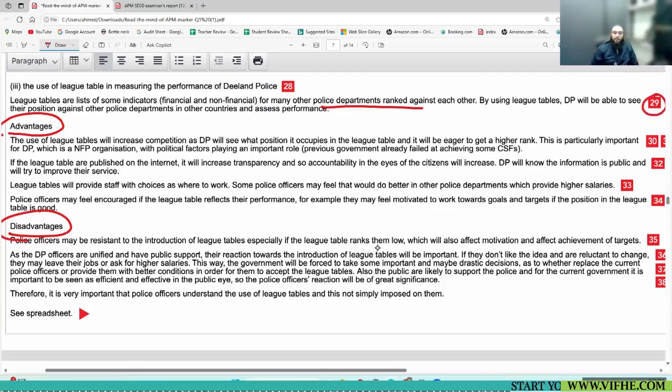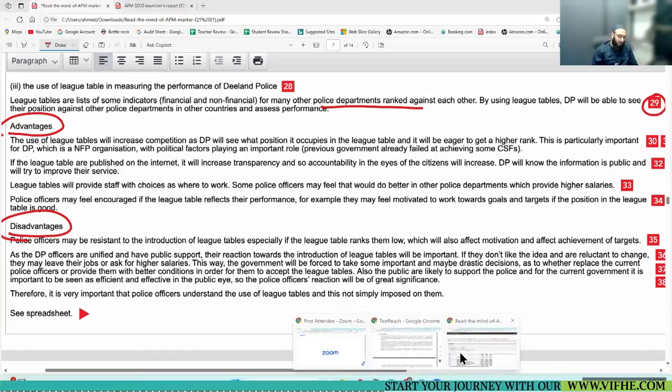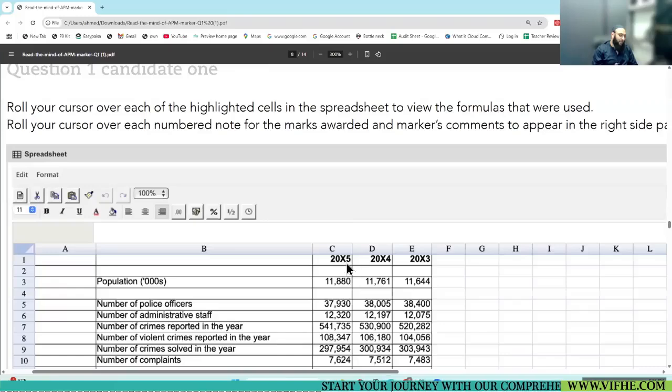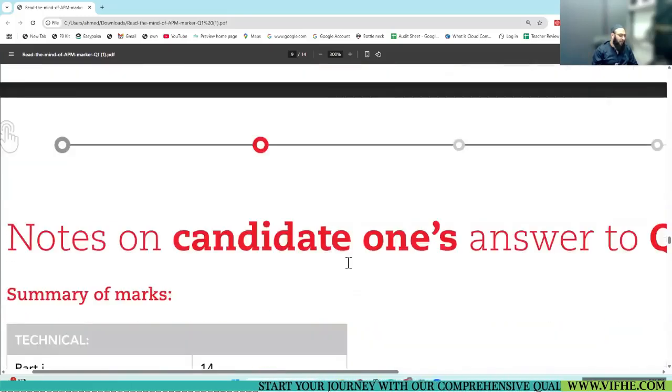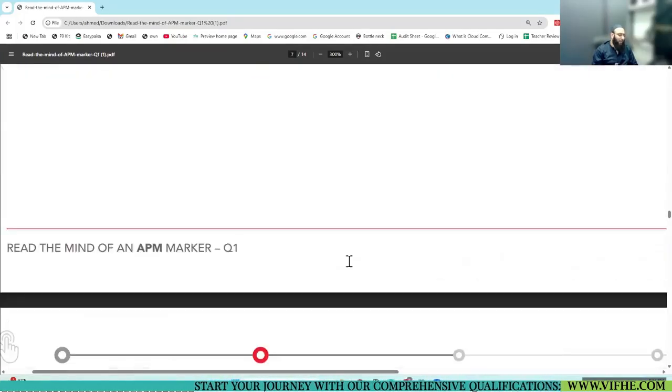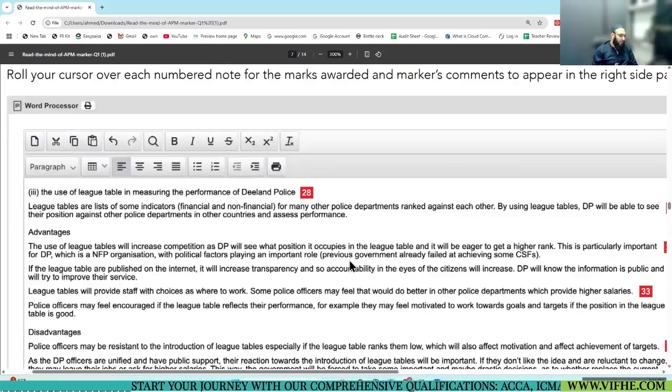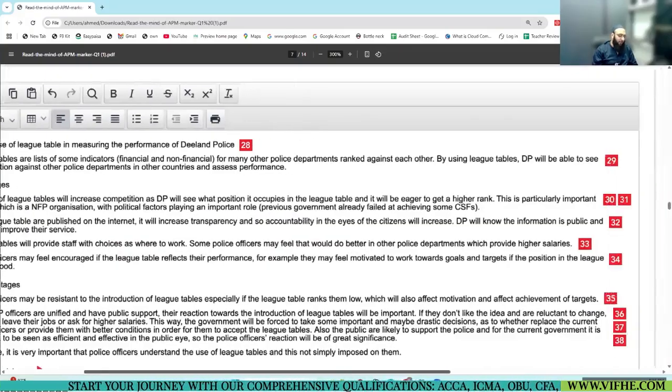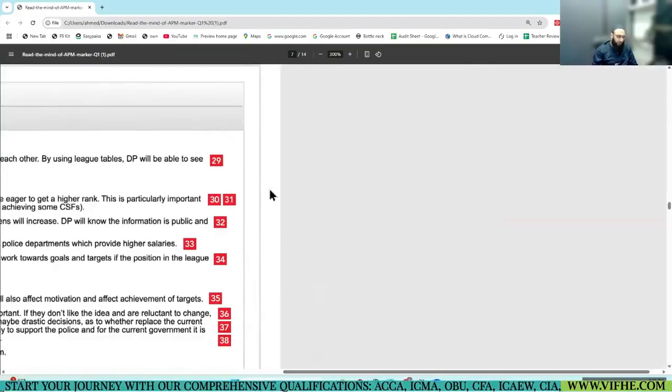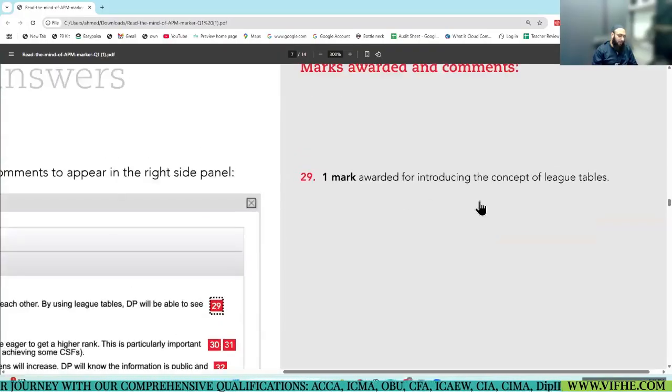Will this award any marks? I think by mentioning this, what he or she has achieved is they have highlighted the benefit of league table somehow. So it is a correct concept of introducing league table. Fine, 1 mark. We do normally say we can write a bit about the basic thing. 1 mark.